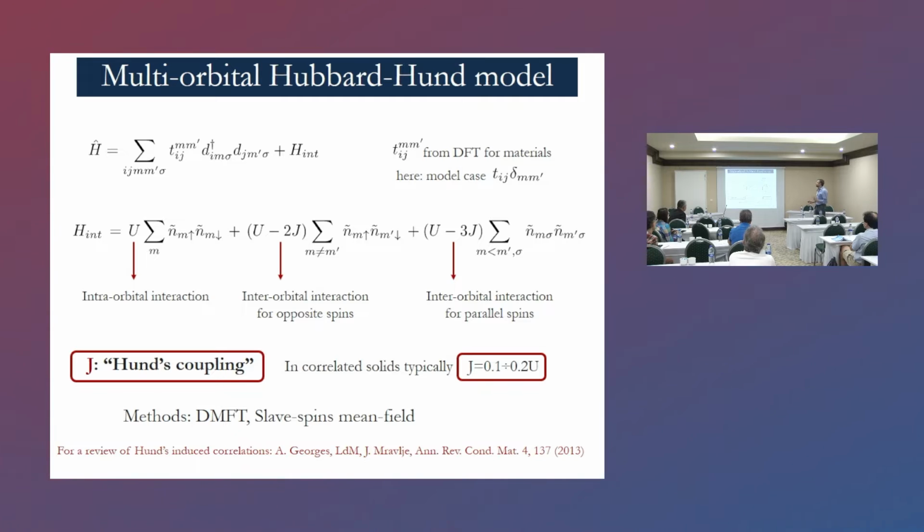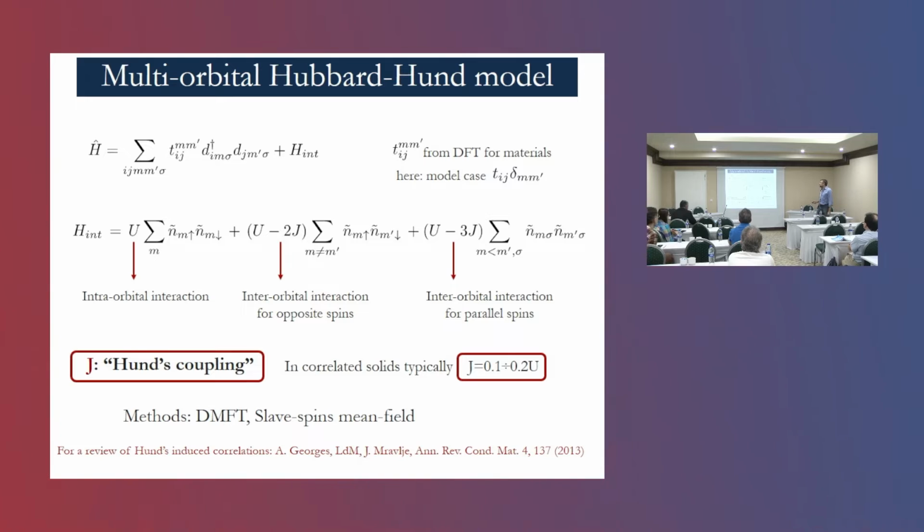So, multi-orbital Hubbard models, I will be very short on this. In the beginning of the talk, I will just address models, but then this single body part can indeed be a fully realistic tight binding coming from DFT. The important part is that we have several orbitals on each site, and the electrons in these orbitals can interact with an interorbital interaction, which we parameterize with U, but also a reduced interorbital interaction and a preference for aligning their spins. These are parameterized by what we call the Hund's coupling, which is the parameter J that embodies the Hund's rules known in chemistry.